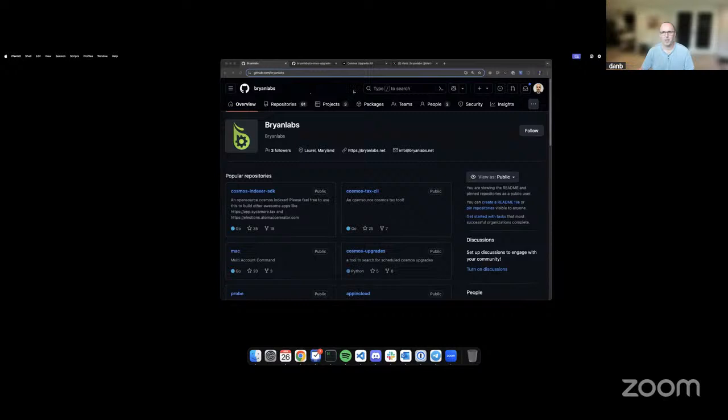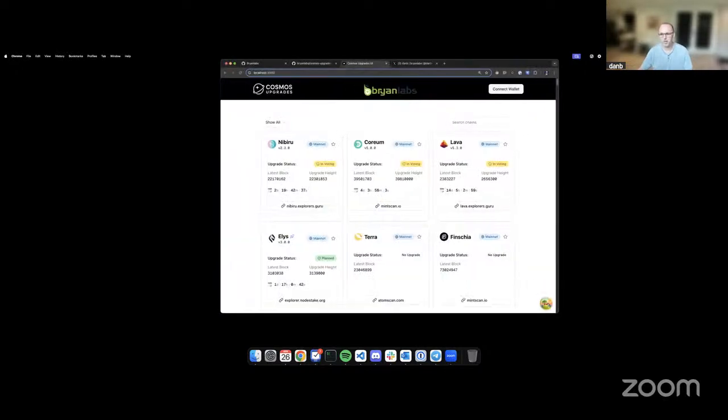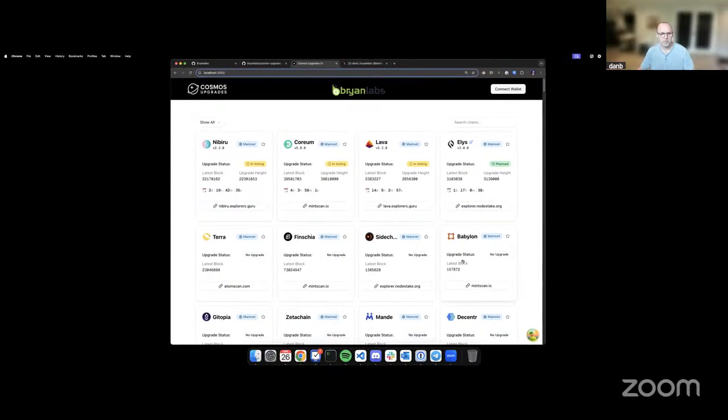So Brian Labs is now presenting Cosmos Upgrades UI. All right, so what are we looking at here? So all of these chains right here are getting pulled in dynamically from the chain registry. The chain registry has probably about 300 plus chains defined between mainnets and testnets. We go through, we test every single one of them, find the RPCs, find the APIs that are healthy so that we can make these queries. If we can't find them, then we just run the infrastructure ourselves. This tool allows for private endpoints for when there's nothing in the chain registry.